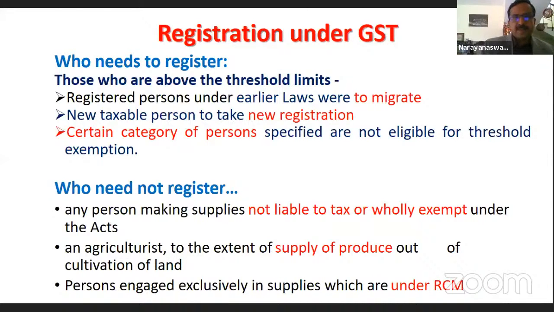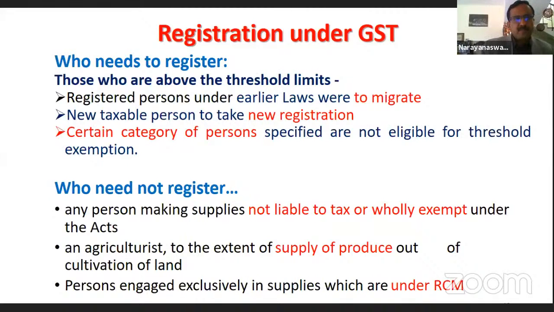They are called migrated assessees. The second category is a lot of people have started registering under the GST and they are given the new registration. For example, earlier threshold under the central excise was 1 crore 50 lakh. Here it is 20 lakh. So many of them who are between 20 to 1.5 crore have to take new registration on the GST. That is what they have done.